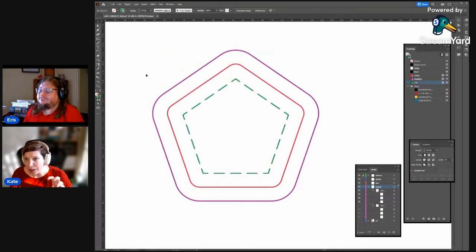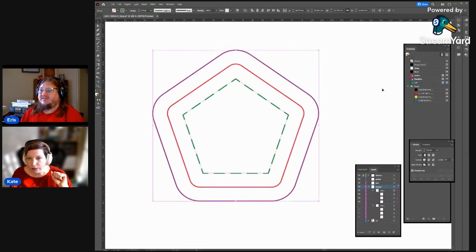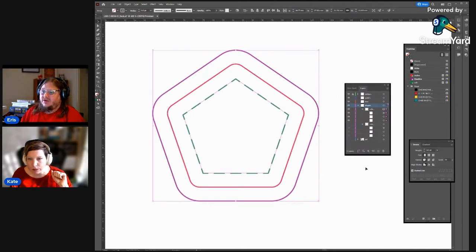The thing to remember about the die lines is these don't get printed. These won't show up on your final work. So they don't have to be beautiful. They just have to be accurate. And also I think in the safe margin, because that's just a guide for where you put your artwork, the fact that it's sharp doesn't matter.